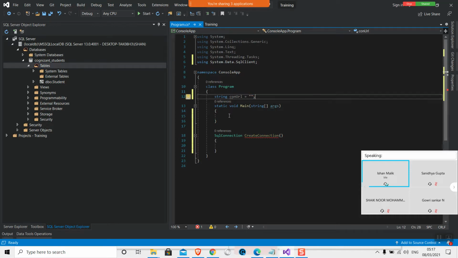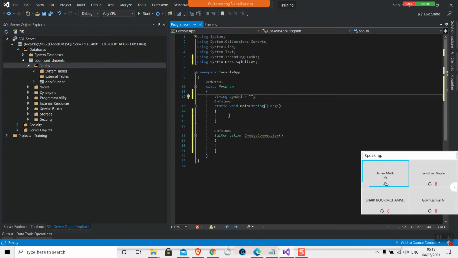Okay, so let me explain something here. Every server is stored at some URL, whether you are on a web server or on a local server or wherever you are. Suppose tomorrow you connect to a database which is stored in the US. There you will connect through an IP address. Here we have a local system, so we will connect through our system's address.